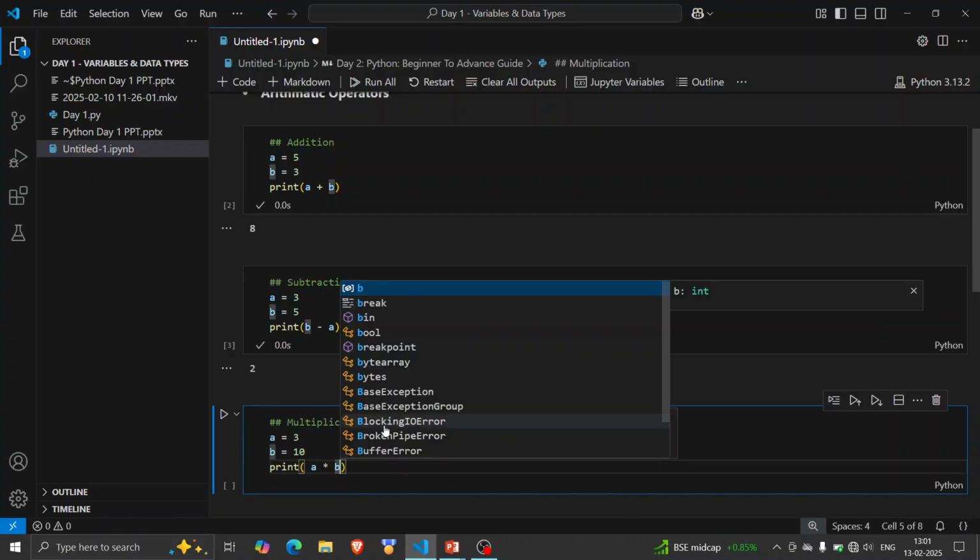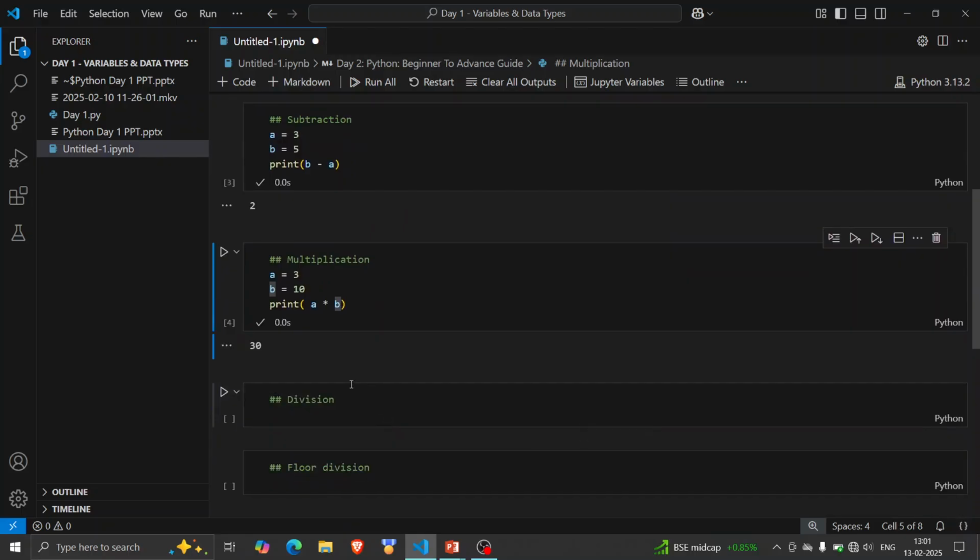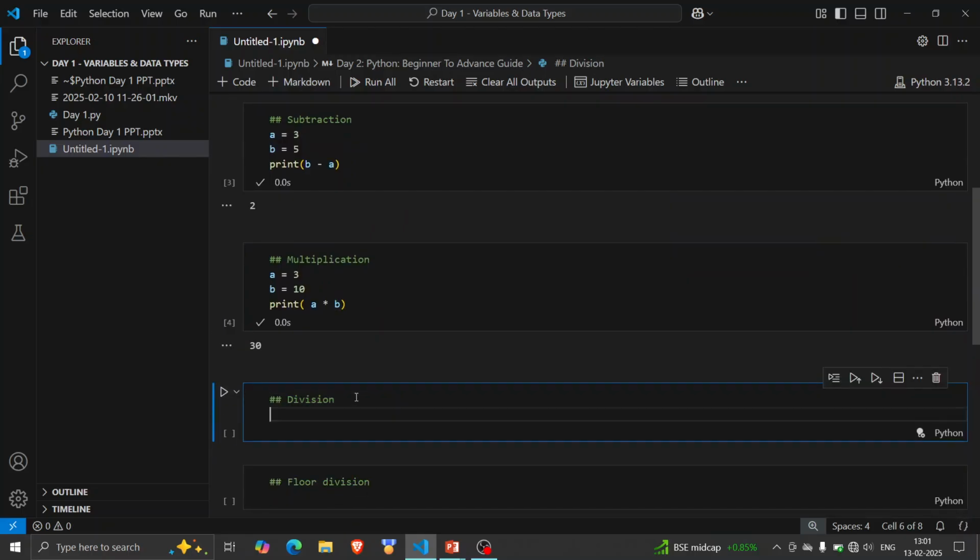In Python if you use multiplication, you have to use this star, not cross. The output is 30 obviously. Similarly for division, I can directly say print 20 divided by 10, and the output would be 2. So Python allows us to do mathematical calculations.